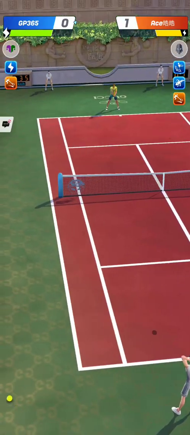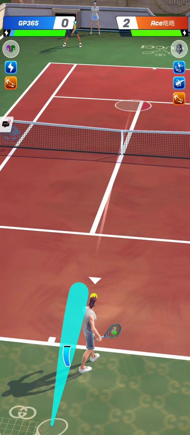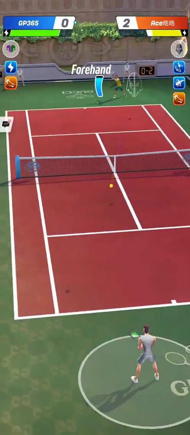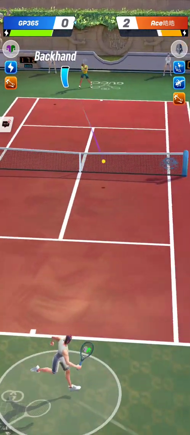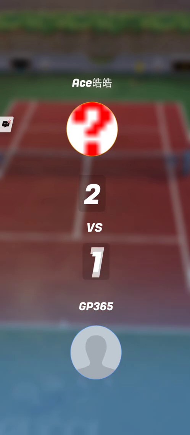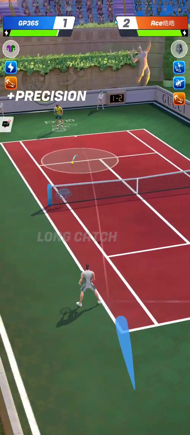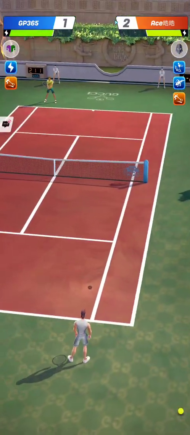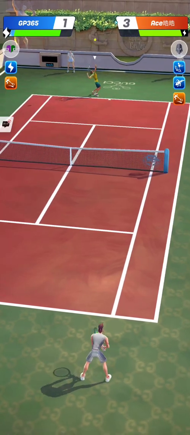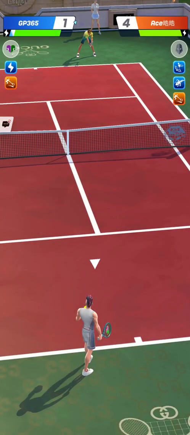Yep, love. Nothing to do here. That's starting to be bad. Fortunately, I'm saving a bit the honor here. Of course, classic tactic. Big cross-court serve. Big forehand to the other corner. Or